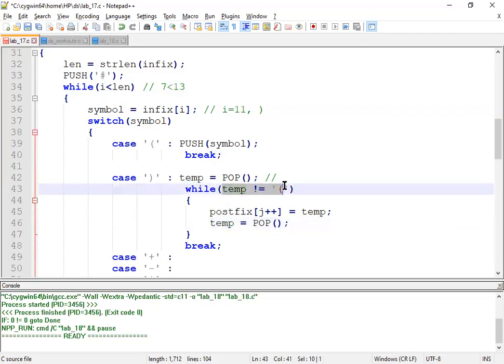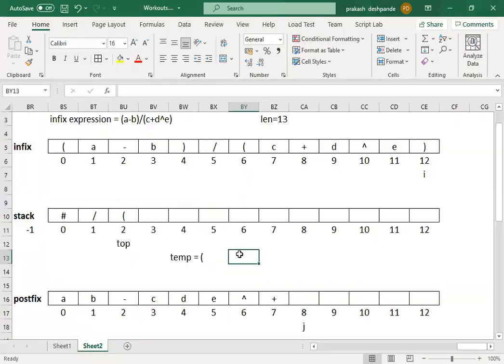Then again the condition will be evaluated. Now the condition is: opening parenthesis is not equal to opening parenthesis. Now the condition becomes false. Since the condition becomes false, the while loop will get terminated, followed by the break statement.